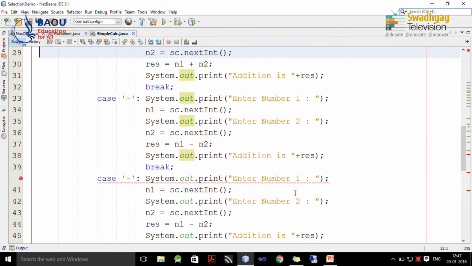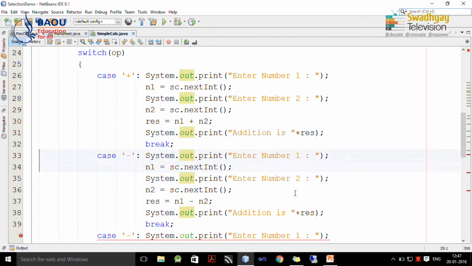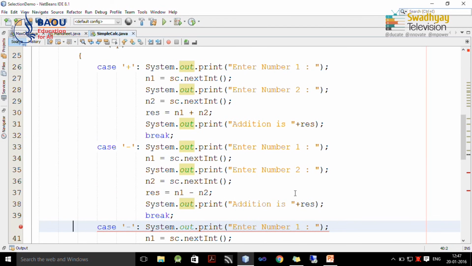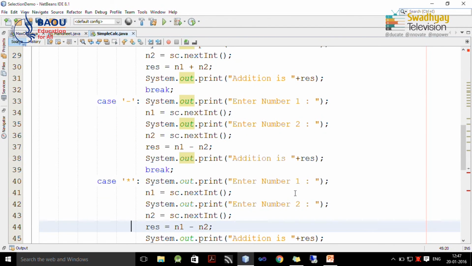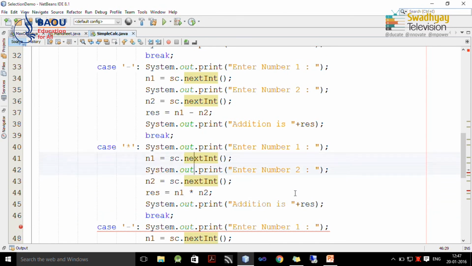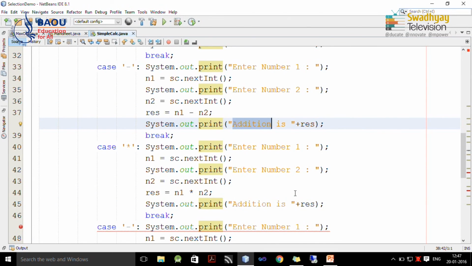So you can see all cases are similar, but the only change is in the operation. So here I use asterisk, and here we perform multiplication of two numbers in result, and you also have to change this print value, which is subtraction in this case, multiplication in this case,